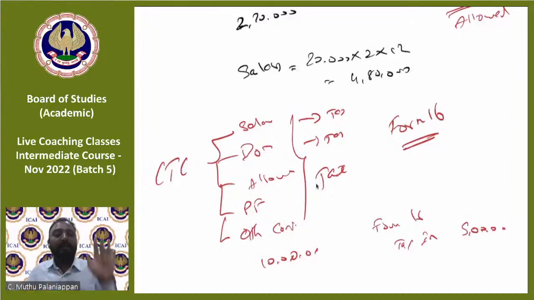Don't compare the employee's angle and the employer's angle. These are 2 different things. What the employer gives is not what is taxed for the employee. Sometimes the employee is taxed more. Form 16 will also include income from house property. But what we are talking about from the employer's angle is only the contribution, the salary paid to the employee, right? So typically these are 2 completely different aspects.